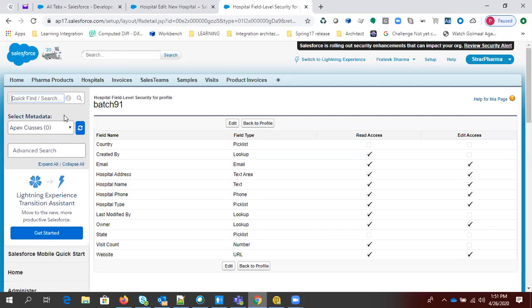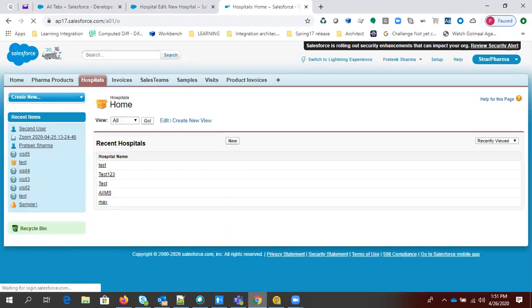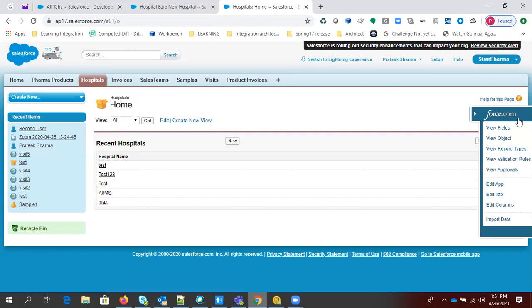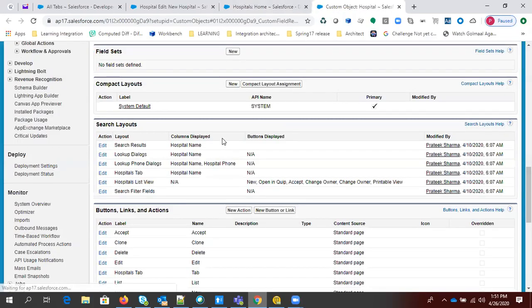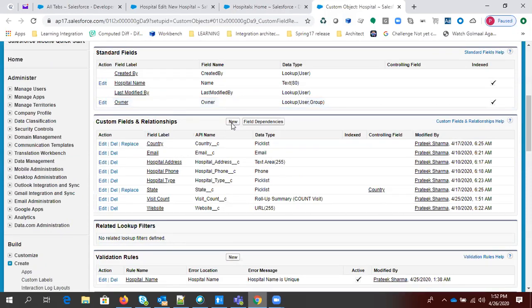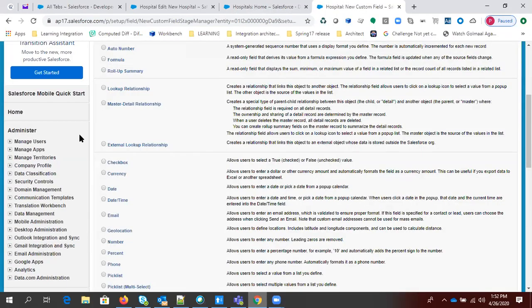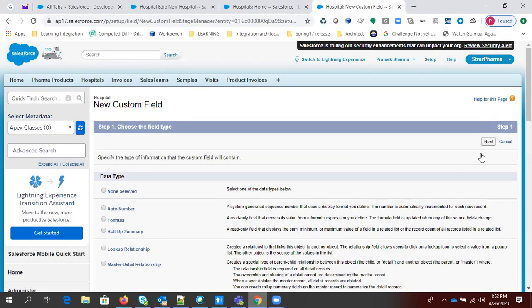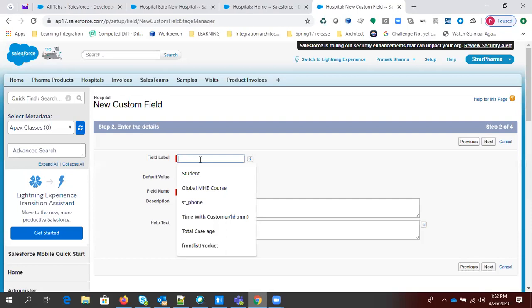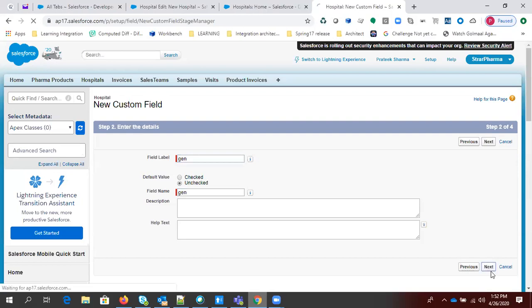So let's say if I want to create a field on hospital, if I go to view fields and create a new field, and select a field type, let's say checkbox, next, then it will ask for the name. Let's say I'm just giving gender, and next.